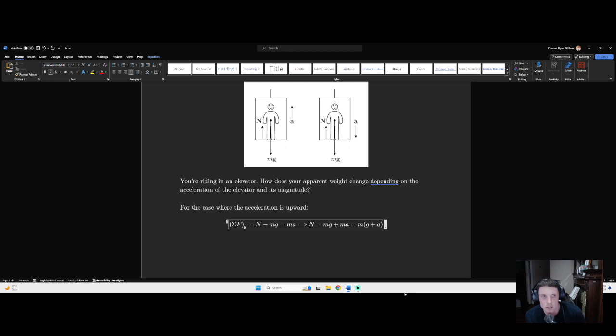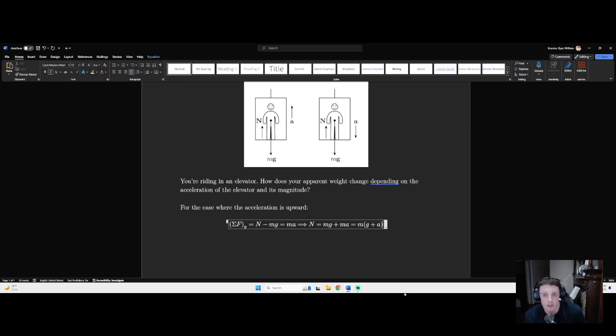And this is sort of the same situation, okay, where it's not like your mass is actually changing, right? But the force that is exerted on you by the scale is increasing, because you're exerting a force on the scale, and it's exerting the same magnitude of force up on you. All right. So anyway, the TLDR is that your